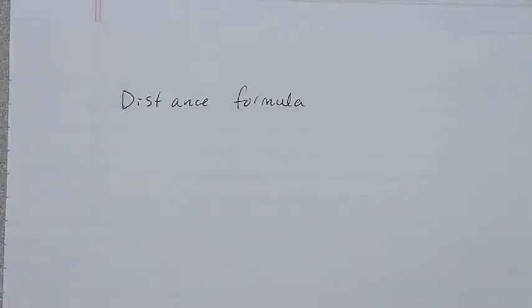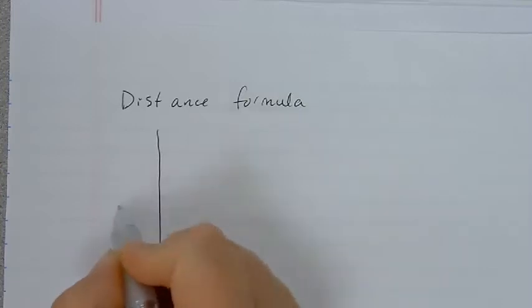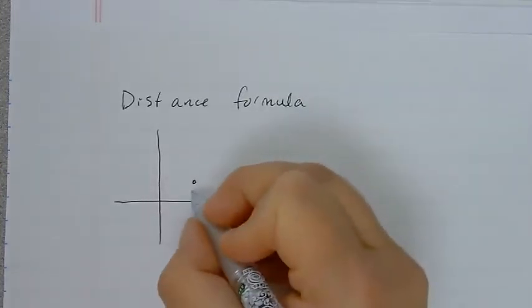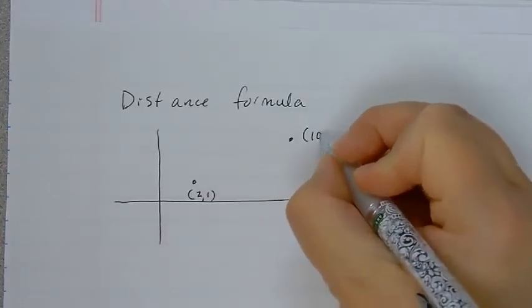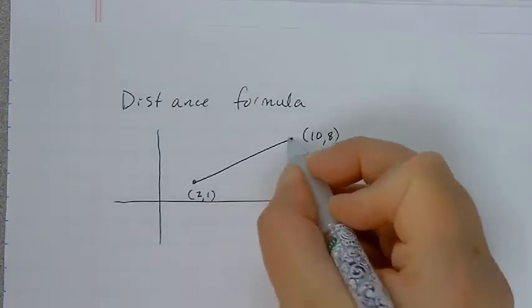So let's talk about the distance formula. Let's say you have a couple of points. Let's just make some up here. Let's say this is the point (2, 1), and let's say this is the point (10, 8). If I wanted to find the distance from here to here,